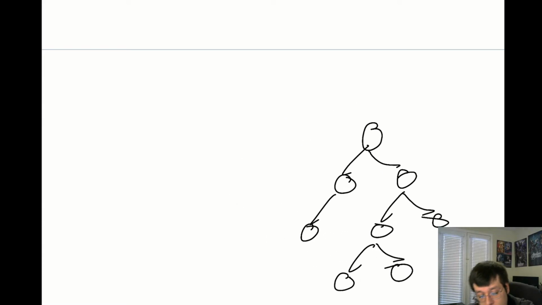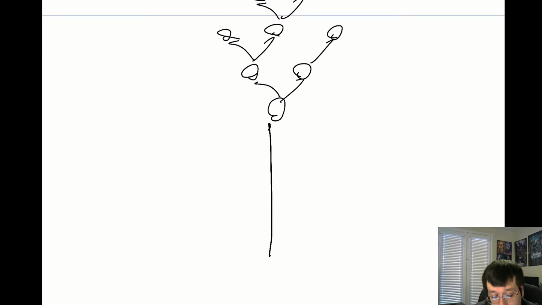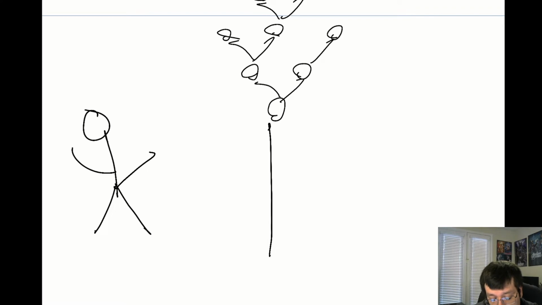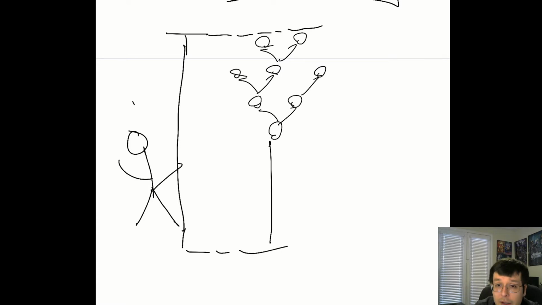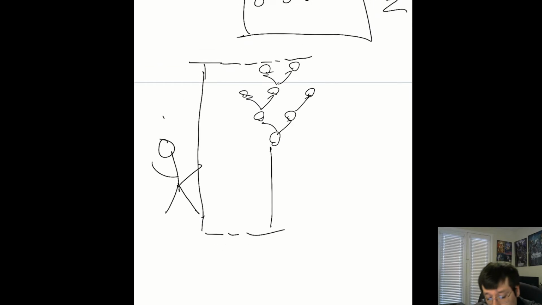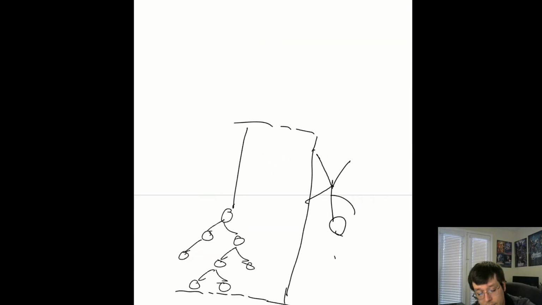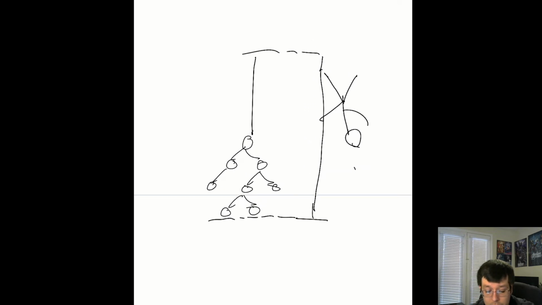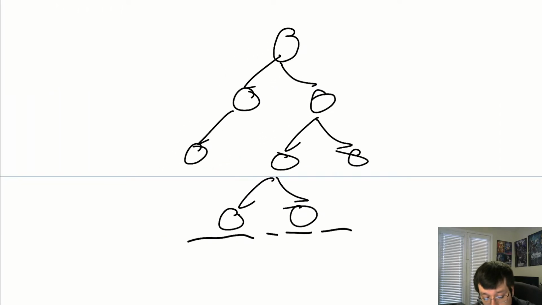So if we flip this into real tree mode, when you're measuring how tall this tree is compared to you, so this is you right here, you take your tape measure and you measure to the top of the tree. So probably there, from the bottom to the top. Very similarly, when we're analyzing trees as a data structure, the height of a tree is measured as the longest distance to a node from the root, meaning these two nodes are the farthest away you can get from the root.